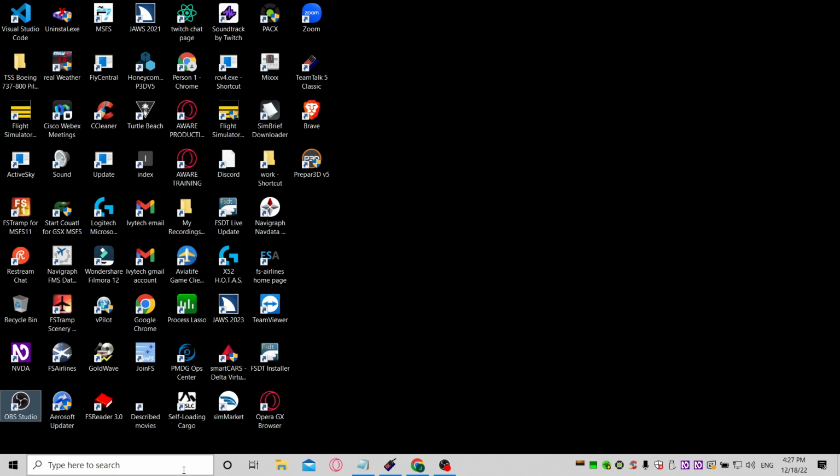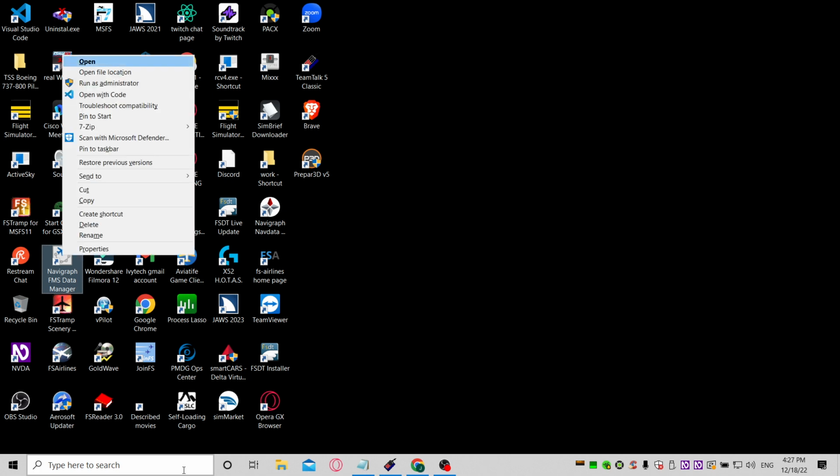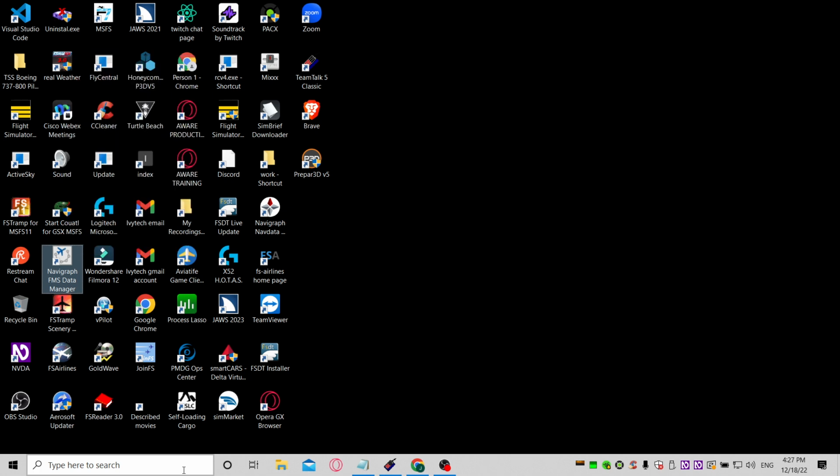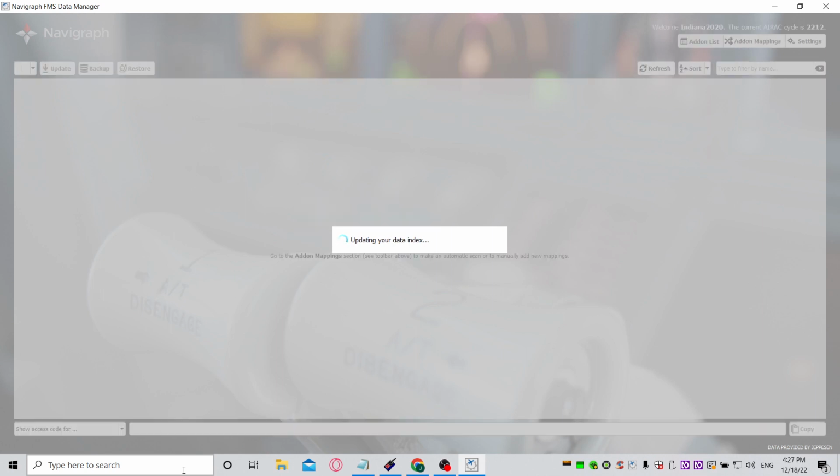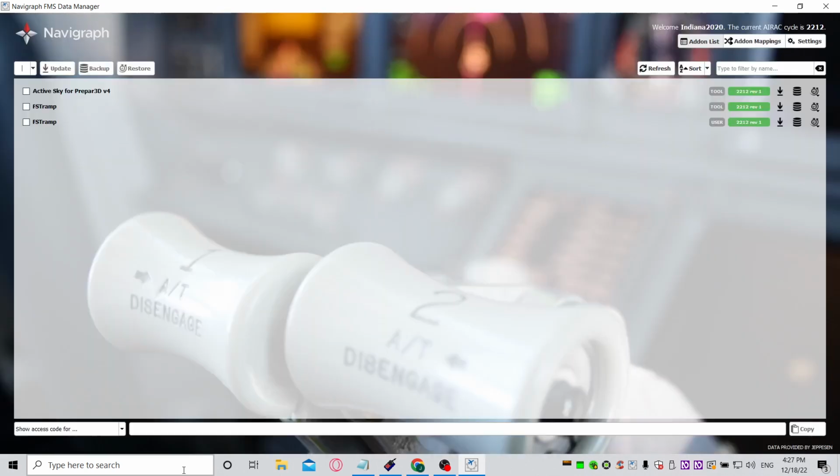I'm going to show you what that looks like in the folder view. Even though we're not going to do the tutorial on it, I do want to show it to you. It's the Navigraph FMS Data Manager. Right here, start Navigraph FMS Data Manager. I'm not going to update because I've already done that. So when you're looking at it,